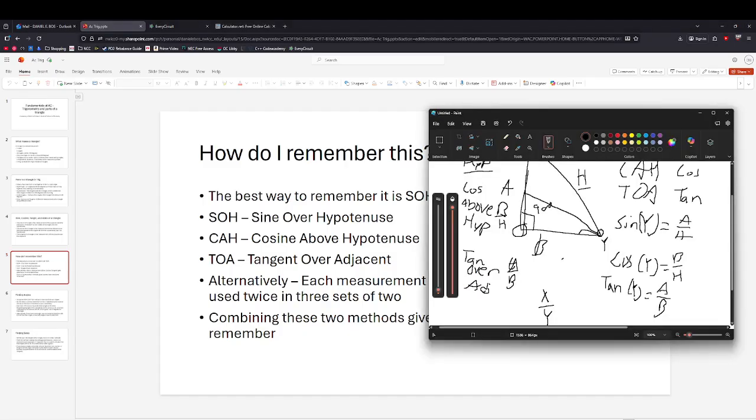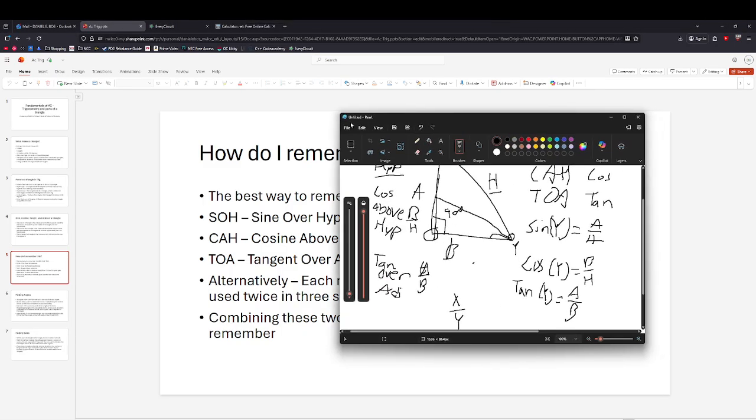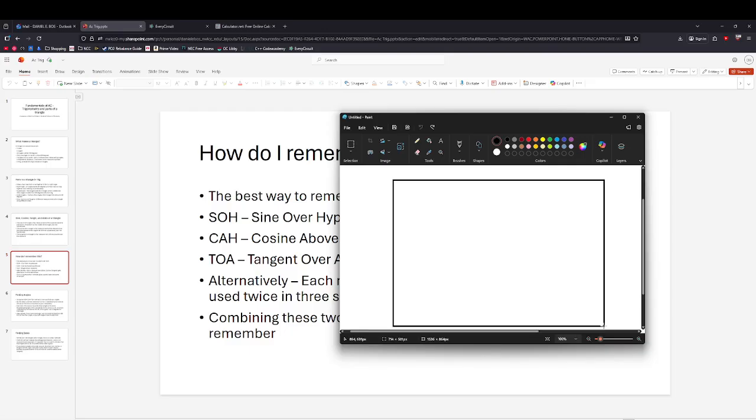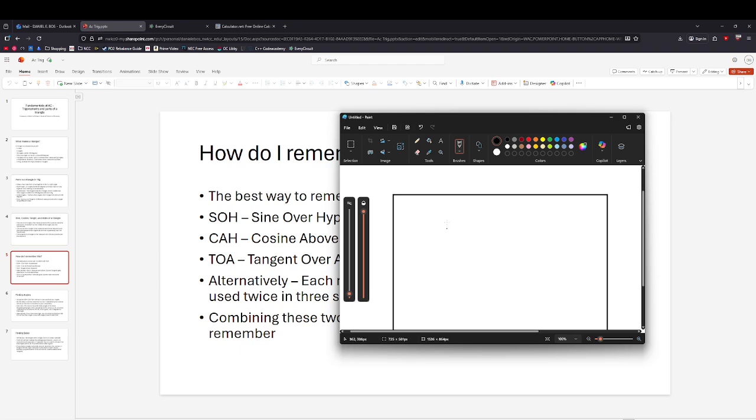So let me... Don't save. Shapes. Perfect. Okay. So,